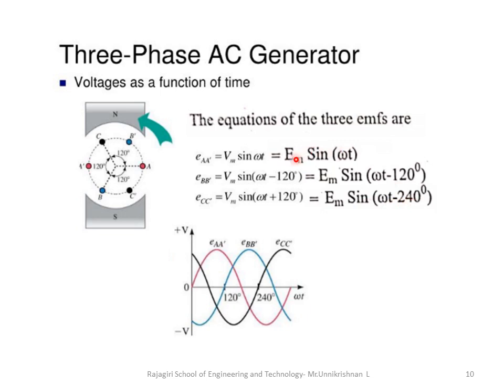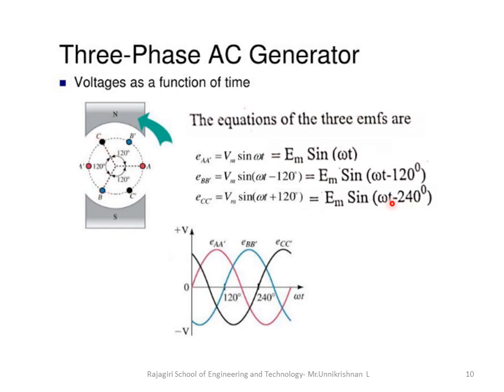So the first equation, Vm or Em you can write, will be Em sin omega t. The second equation will be Em sin omega t minus 120, because coil B, or the point B1, is kept 120 degree apart from A1. The third coil C, what will be the EMF generated? Em sin omega t minus 240. Why is it minus 240? Because coil C1 is placed 120 plus another 120, so 240 degree apart from A1. So this is A1, B1, C1.